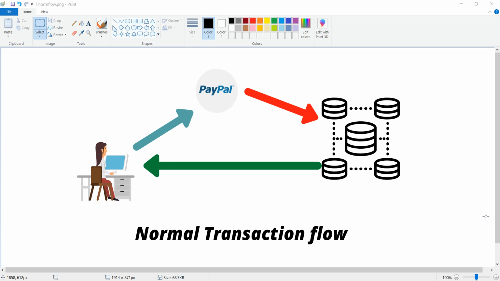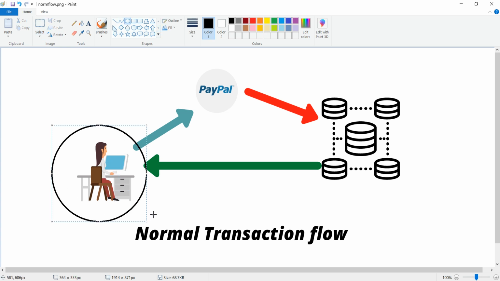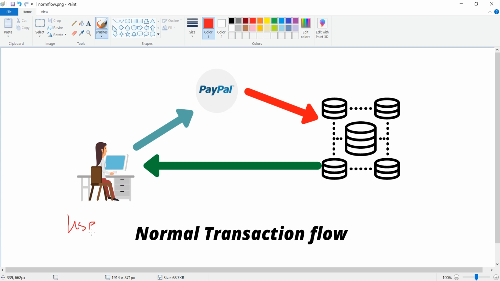To better understand the concept of monkey patching, let's consider this example. This is a normal transaction flow that we do daily, for an online purchase. At the beginning is the end user. The end user is any person, you and me, anyone browsing the website who wants to purchase something online.